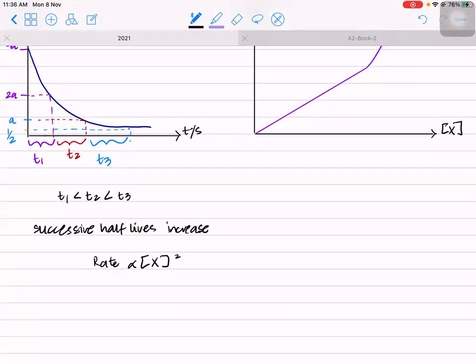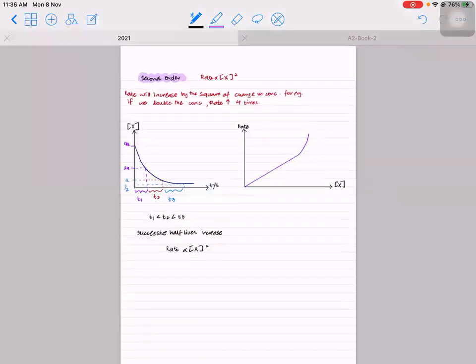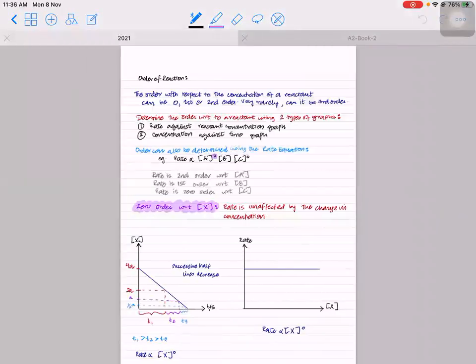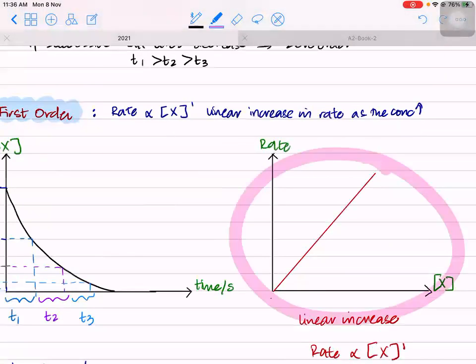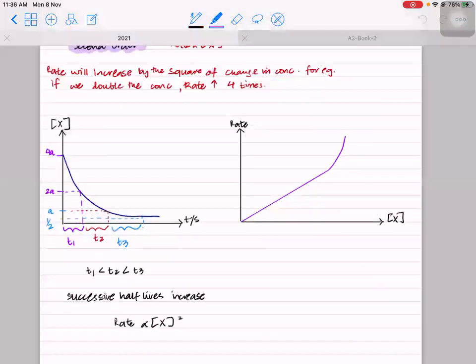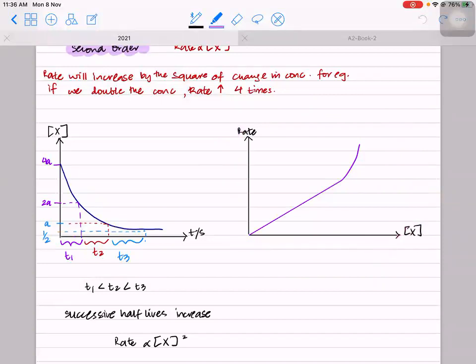Do you understand that? But if they give you the rate concentration graph, you don't need to calculate the half-lives, because the rate concentration graphs anyway look different. Do you see this is different for 0 order and this is for first order? And then this right here is for second order. So for that, you can just look at them and figure out they are first, second, or 0. But for concentration time graphs, because they look similar, you have to calculate the half-lives and find out whether it is 0, first, or second.